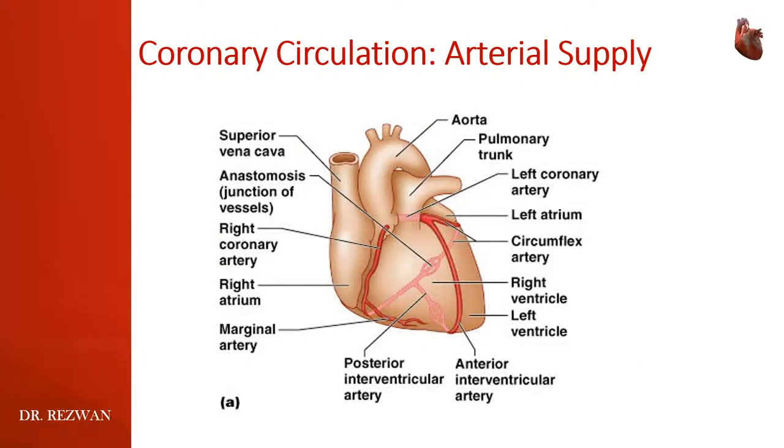Now in this picture we can see the anastomosis between the right coronary artery and the circumflex branch of the left coronary artery, one of the major anastomoses, and also between the anterior interventricular branch of the left coronary artery and the posterior interventricular branch of the right coronary artery. And we can see that they are anastomosing with capillaries, so there is no direct anastomosis. These are potential anastomoses, I should say, when the anastomosis happens through the capillaries.